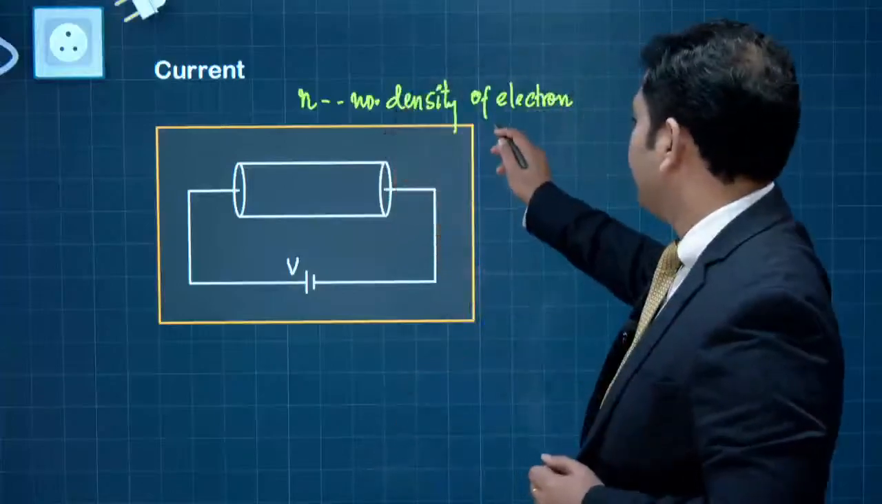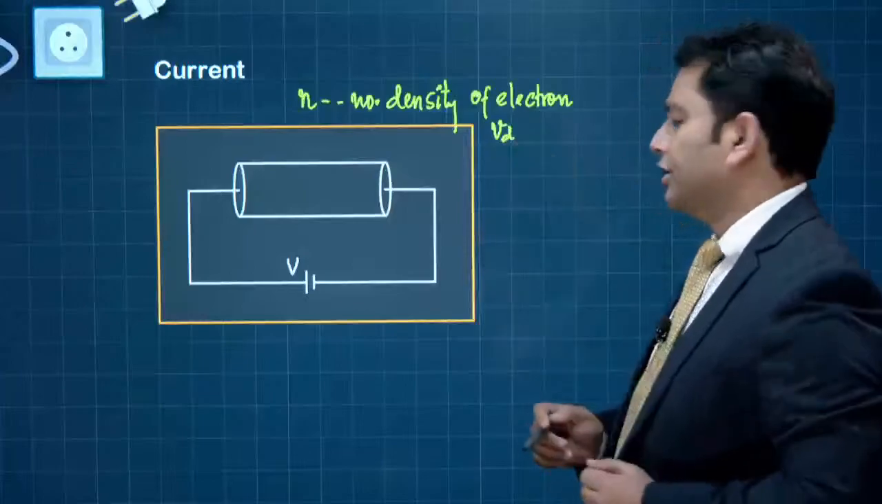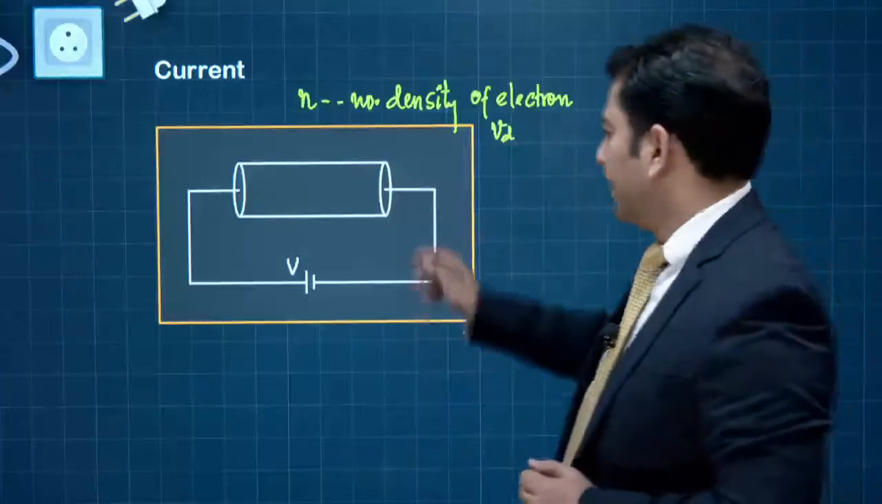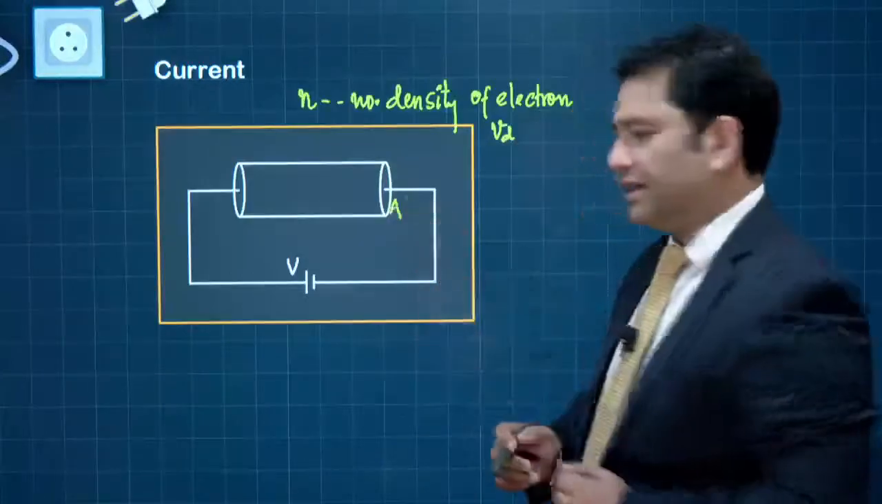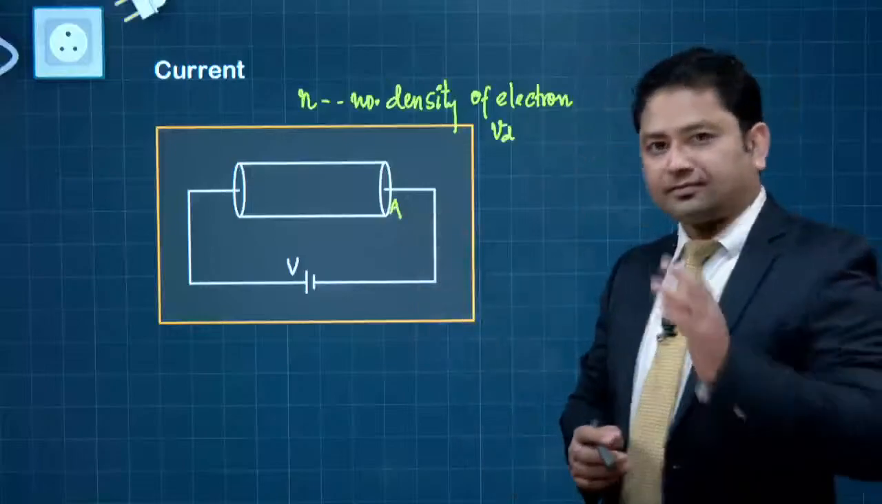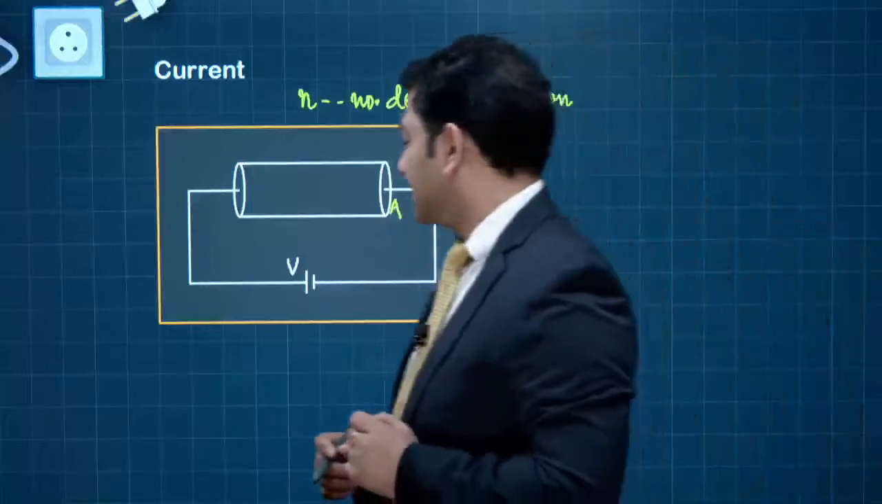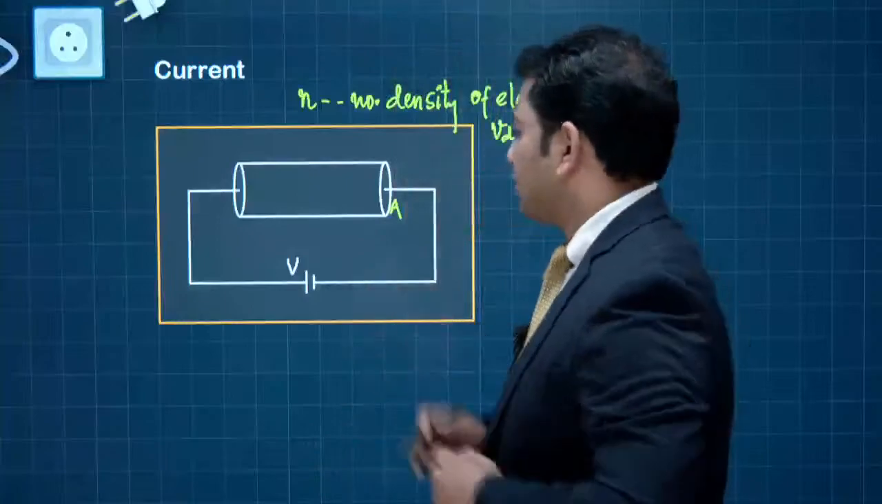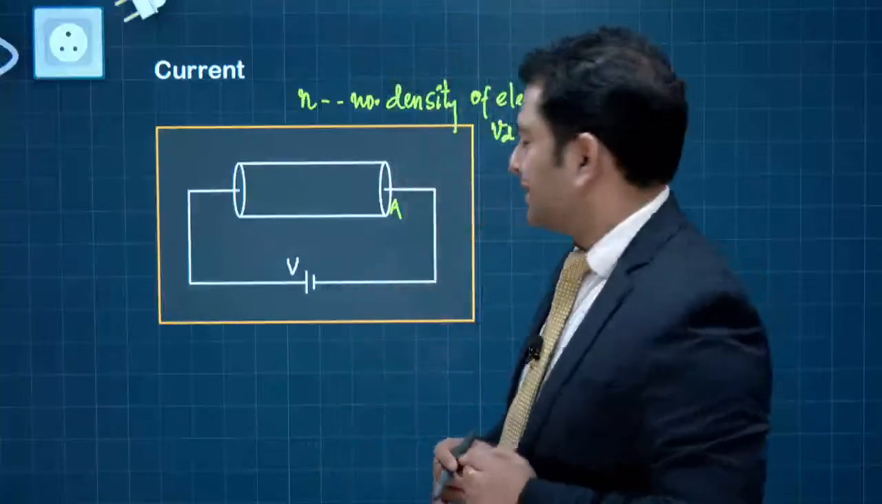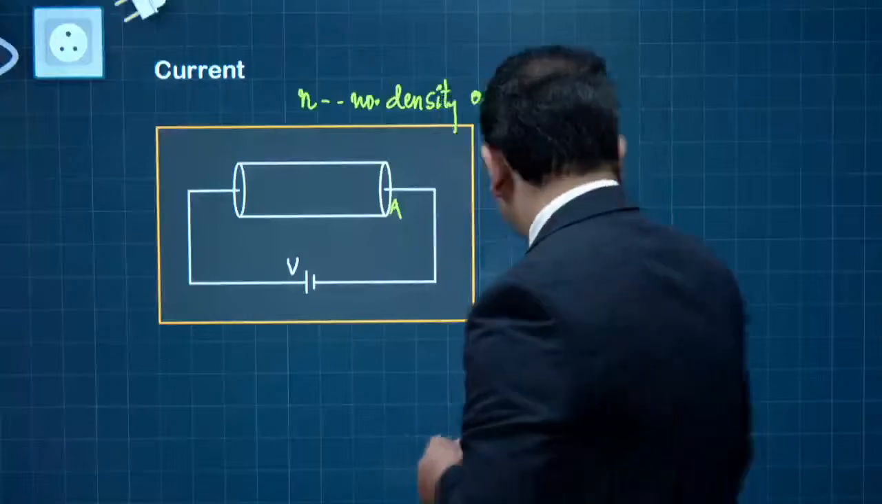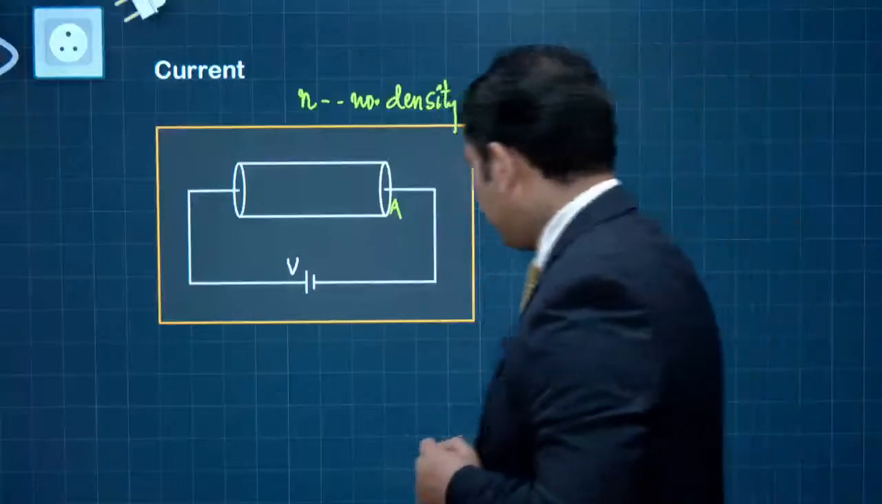I have VD, that's the drift velocity of course, and cross section area, that is A, right? Now let's try to understand this thing. Guys, what we'll do is something like this. In order to measure the current, हम ऐसा करेंगे, we'll see that